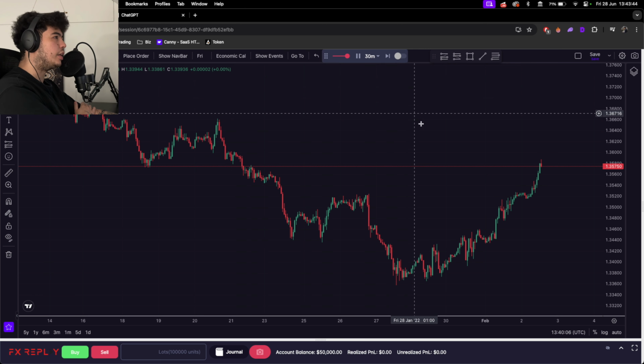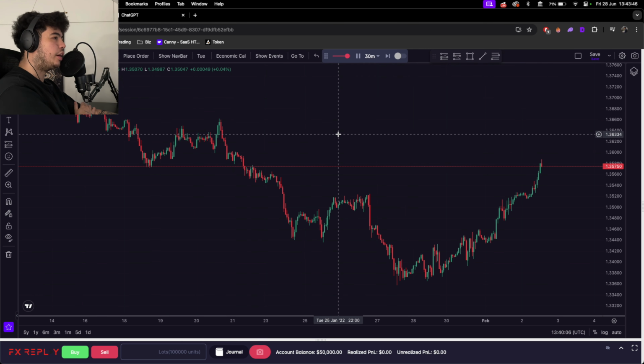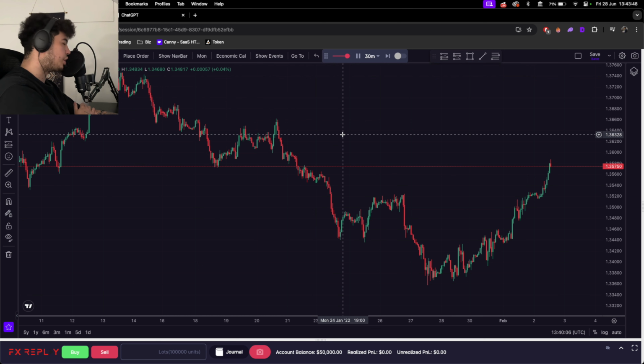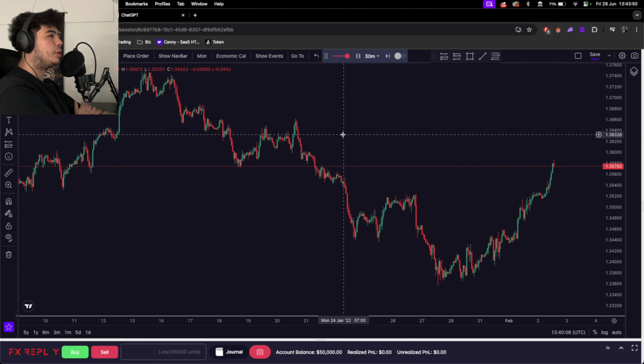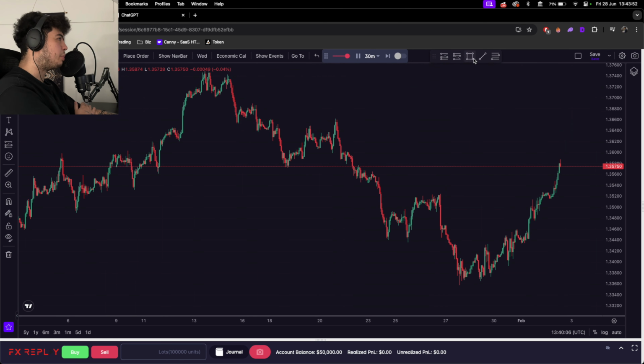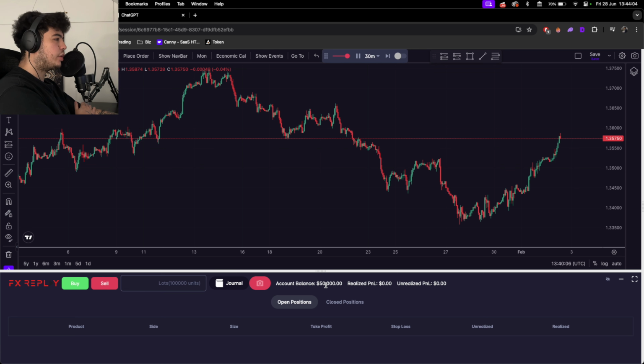So what I'm using here is a website called FX Replay. This is not sponsored. I don't have any affiliate with them, but it's a good website to backtest strategies and test things out, and generally just go back in time and have a look at the charts. So this is on GBP USD. On the 1 hour chart, you can see we've given the ChatGPT $50,000 to play with. There's been no trades so far, so we'll take the first one here.